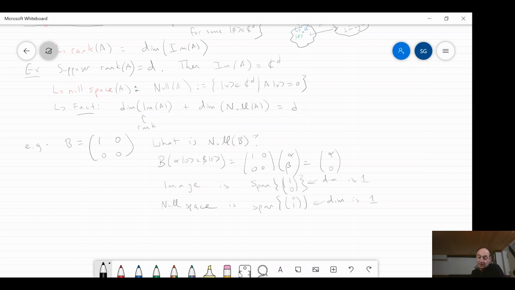Okay. And just like this rank-nullity theorem up here said, if I sum these two guys, I should get the dimension. So if I sum the null space dimension 1 plus the image dimension 1, then I get a sum of 2. And that is the domain dimension 2, right? It's a two-dimensional vector space. Okay, and in this way, of course, what is the rank of B? Remember, the rank of B is nothing other than the dimension of the image, right? So it's really just 1. So there's only a one-dimensional space that comes out of this map.